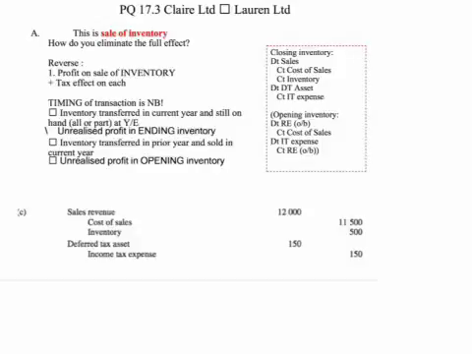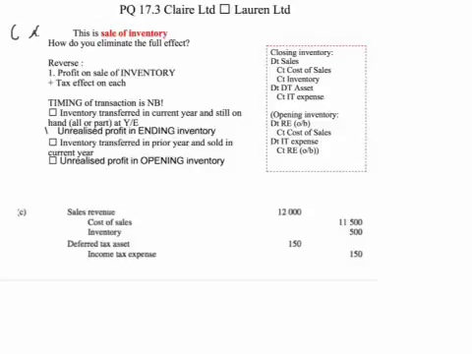I'm going to use question 17.3, number C, to illustrate the adjustment for the intragroup transfer of inventory during the current year, where the unrealized profit still sits in the ending inventory. But before we look at the journals, first of all, just think, how will you eliminate the full effect of